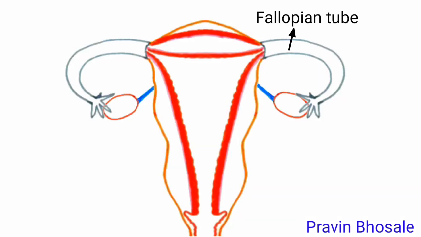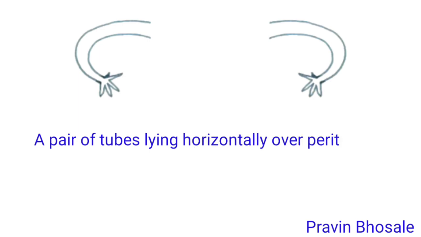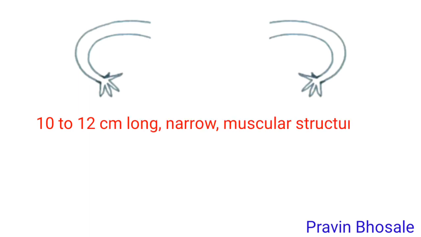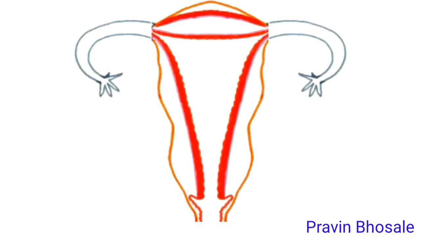Fallopian tubes, or oviducts, are a pair of tubes lying horizontally over the peritoneal cavity close to the ovary. Each fallopian tube is about 10 to 12 cm long, a narrow, muscular structure lined by ciliated epithelium. It conducts the egg or ovum discharged from the ovary to the uterus. It is supported by a double fold of peritoneum called